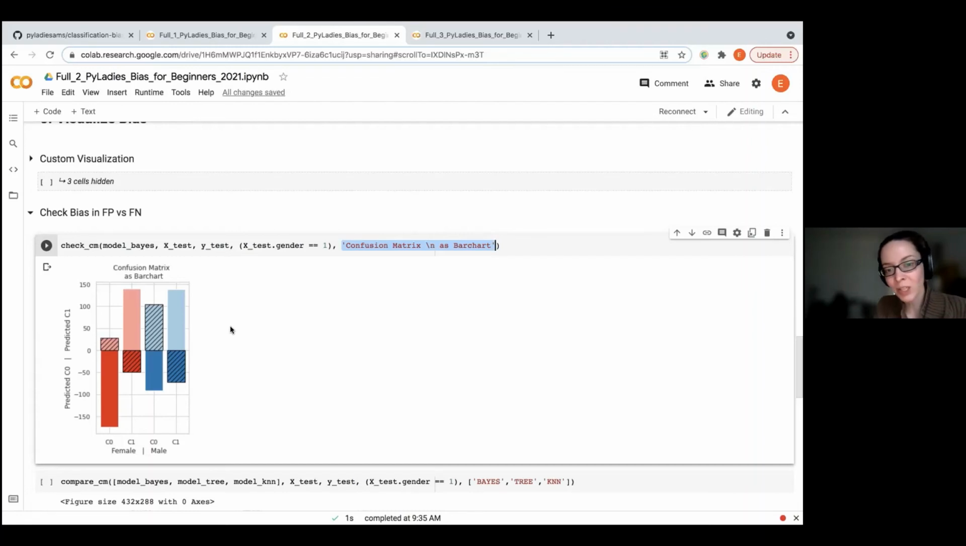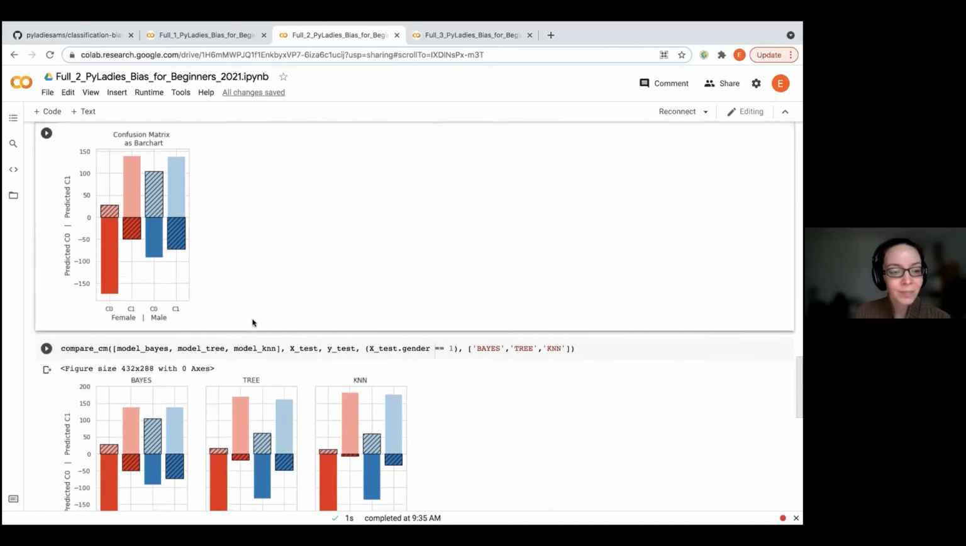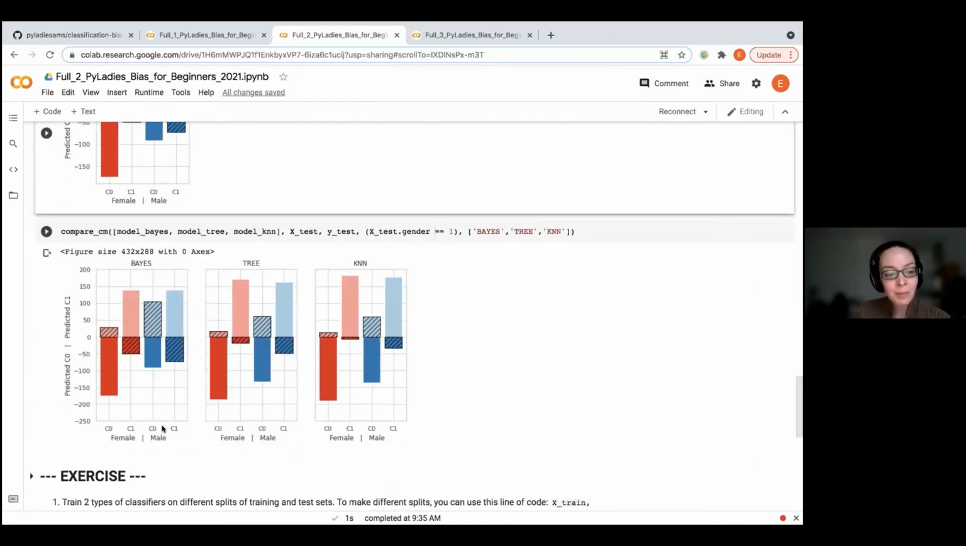And depending on what kind of error is important or what class is more important, you can use this graph to make comparisons to see which model you should select. So for instance, here I see those three models, and the Bayesian classifier is obviously worst, we can forget about it for now. But if we want to choose between the tree model and the KNN model,